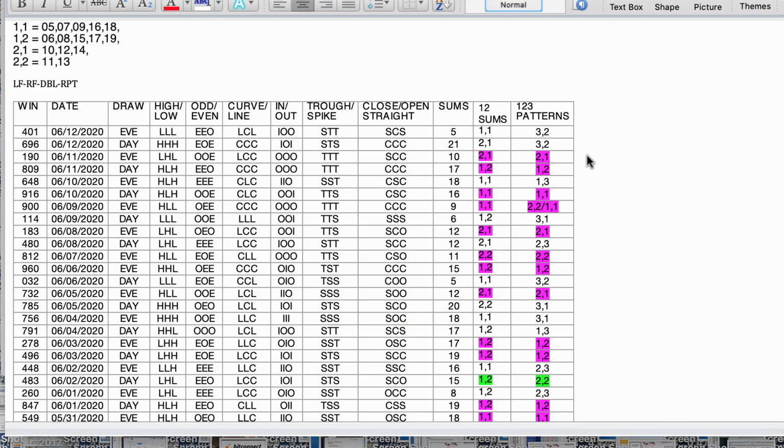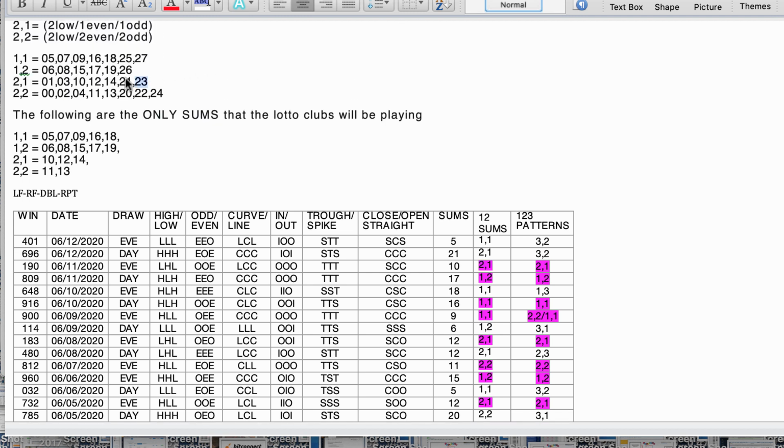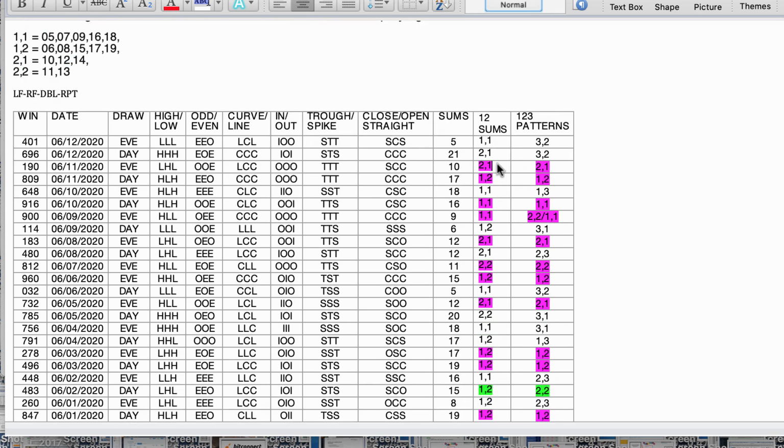Okay, now, look at this. This is a direct connection here. Look, with the 1 2 sums and the 1 2 3 pattern, they are mirroring each other. Okay? So the sum is telling you you're going to play these sums 2 1, right? So you're going to play these sums here 2 1, right there. But guess what? You're also going to play 2 1 of the 1 2 3 pattern because it mirrors